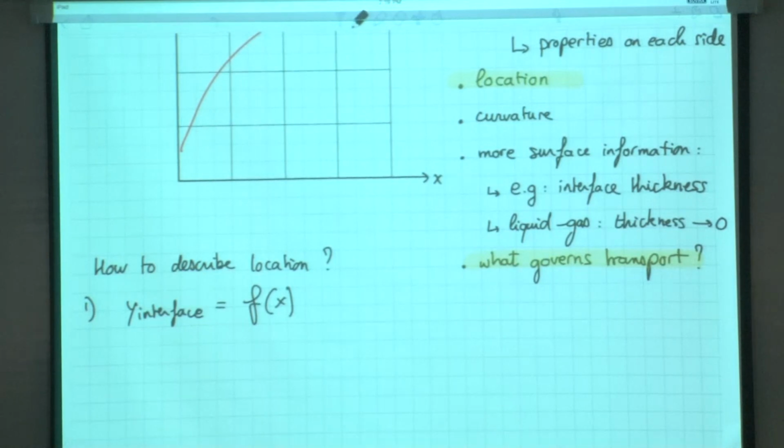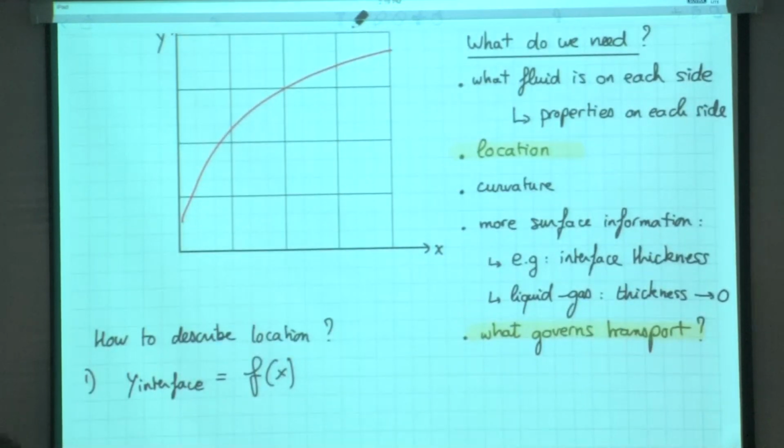It should be clear that in the sketch here that works, right? We could have in each cell information about, we could store an additional array which is a height as a function of x. But in the general sense, this doesn't work because our interface might look